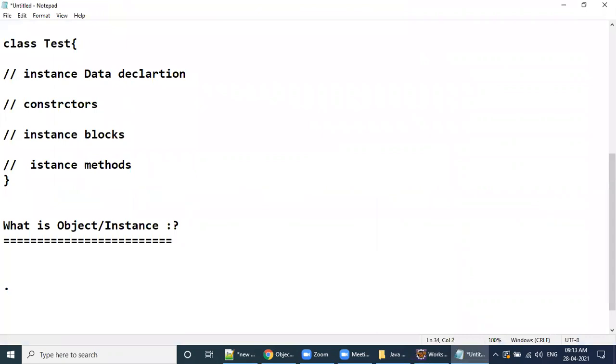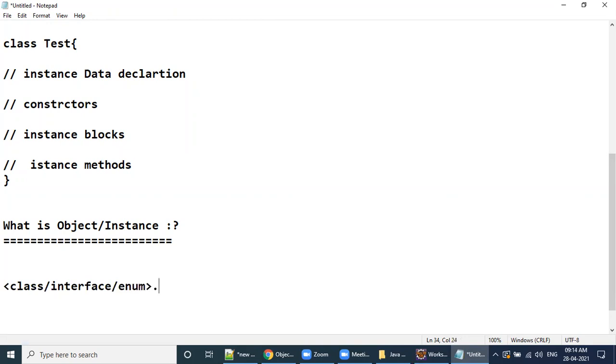Here two things: before the dot and after the dot. As you can see here, it is a class. Generally it is a class or interface or enum, then dot.